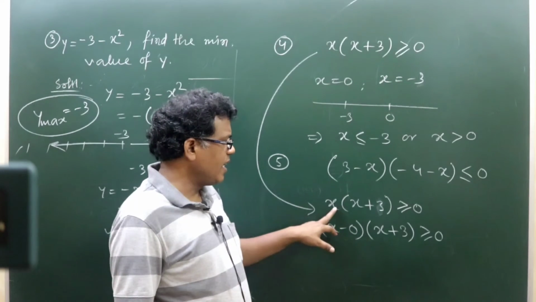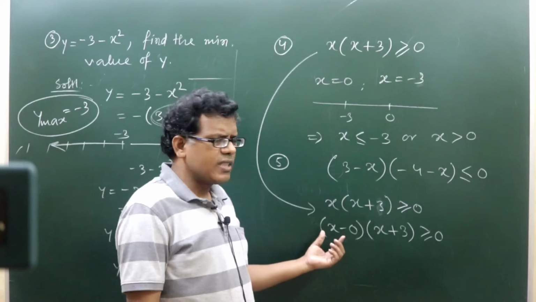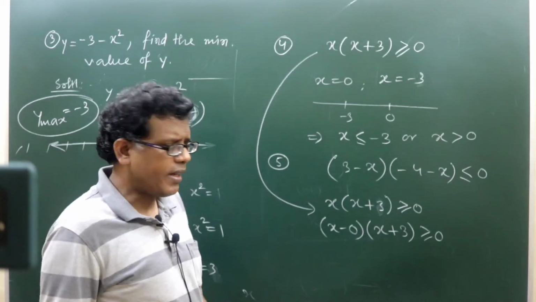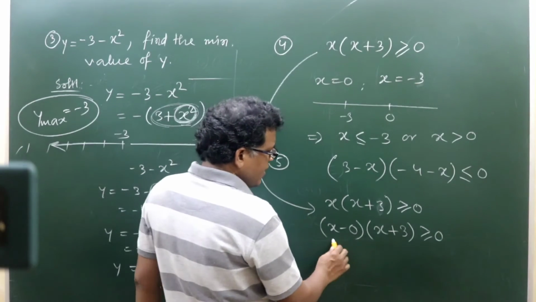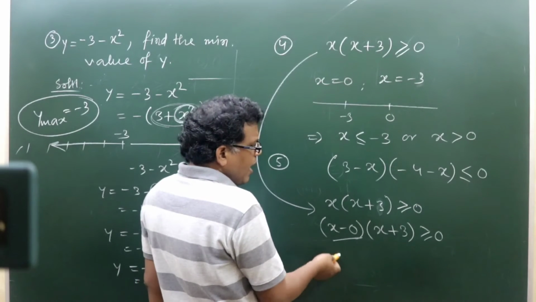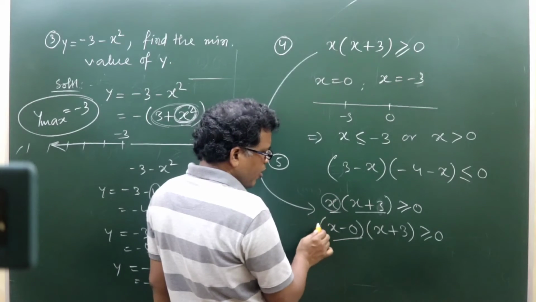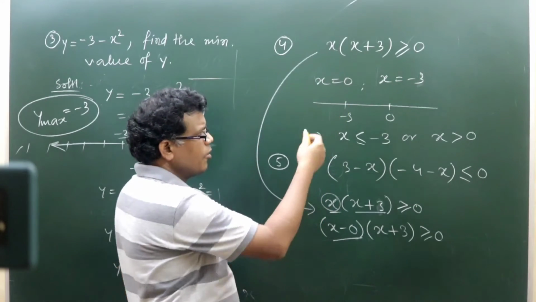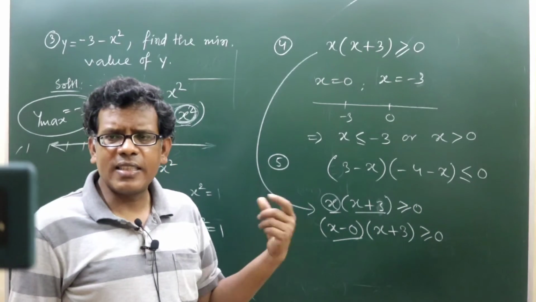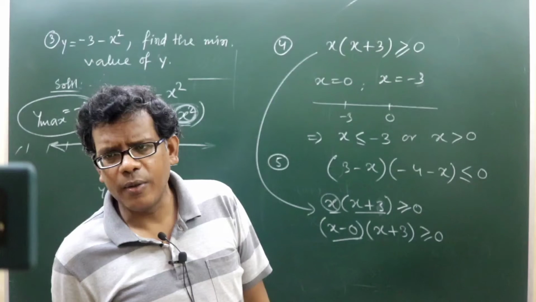So nothing is there with x as a factor, so that means x itself is a factor. So I can simply make it x plus 0 or x minus 0, it hardly matters, right? So that's why I take this as one factor, so x will be 0, right? Ultimately each factor needs to be 0. So here x itself alone, so x is 0, and the other factor in bracket is x plus 3, so x plus 3 is 0. Is it okay now?